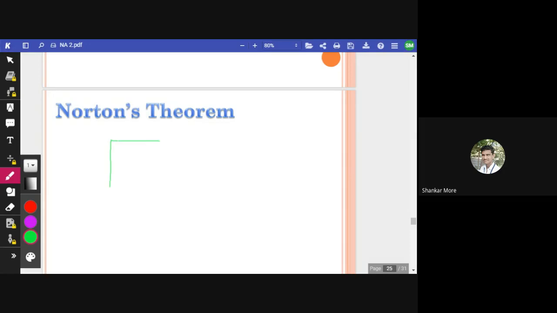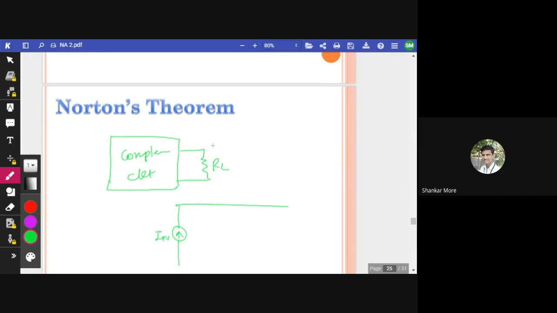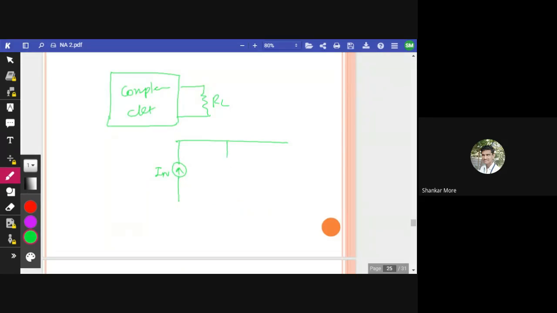So yeah, so Norton's theorem में देखो हमें क्या करना है। Norton's theorem again simplifies a complex circuit, so this is a complex circuit, okay, and it has a load resistance RL। So it again simplifies into such that, see, this is a current source IN, that is Norton current, okay। और तो हमें पता है कि करंट सोर्स के पैरेलल में हमेशा एक रेजिस्टेंस रहना चाहिए। सो दिस इज आर एल, दिस विल बी आर एन, ठीक है। ये आई एन है, ये आर एन है, और ये आर एल है।